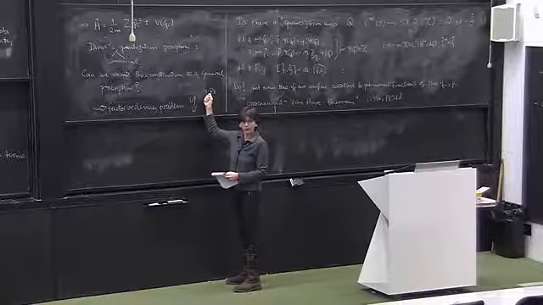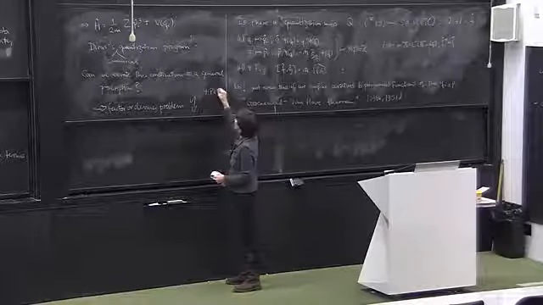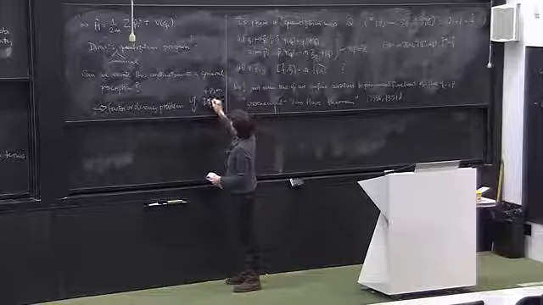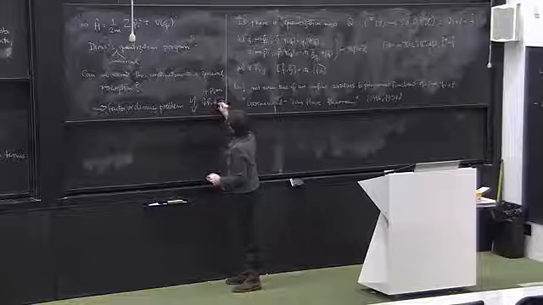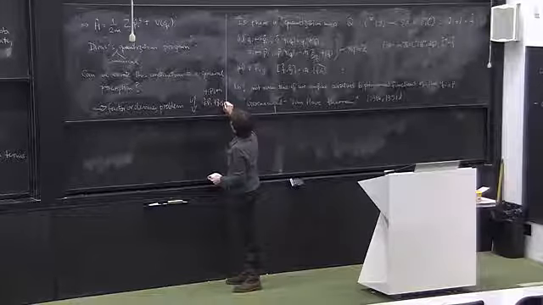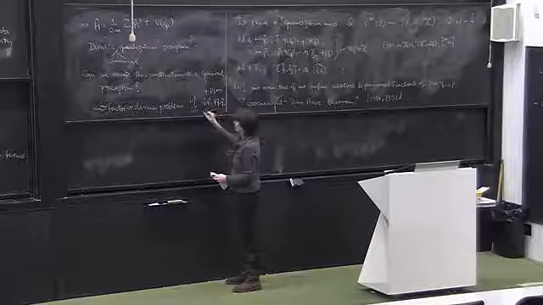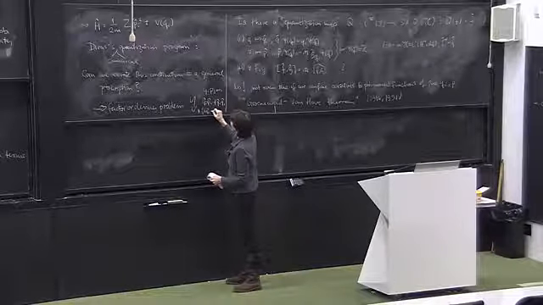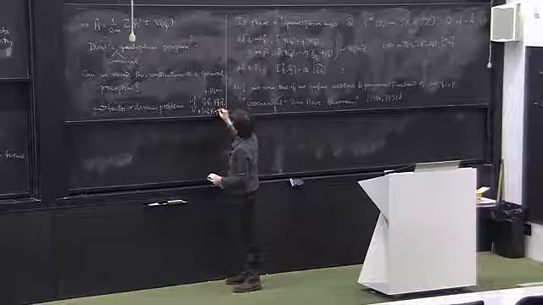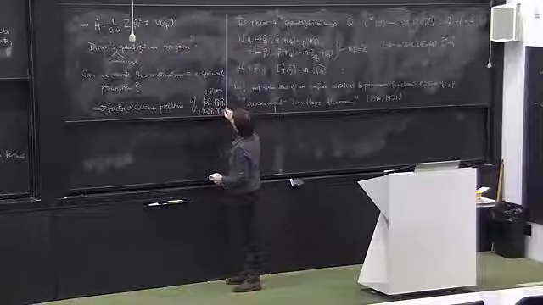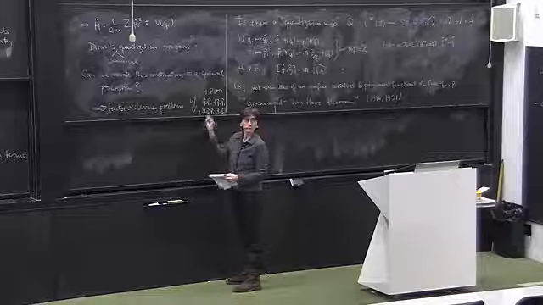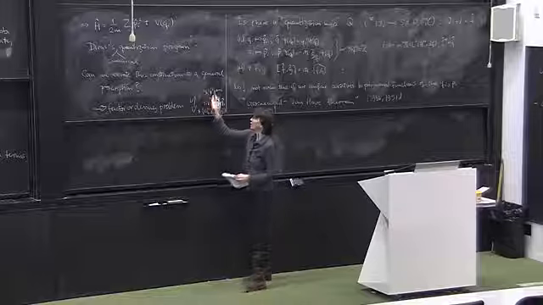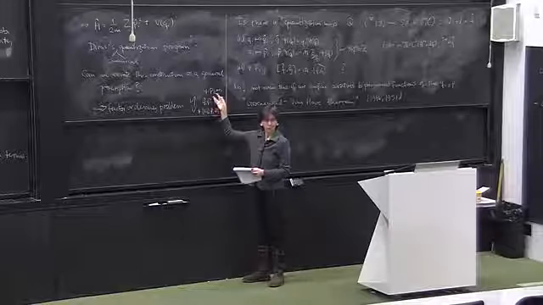In a nutshell, even if you restrict yourself to polynomials, the problem is the factor ordering problem, which refers to functions where you have mixed terms in Q's and P's, preferably which do not Poisson commute. Classically these things do commute, but quantum mechanically they will no longer commute. So there arises an ambiguity of how to quantize an expression like this. Is it Qi Pi hat? That is not the same as Pi hat Qi hat. And that's not the same as, say, 1/2 of Qi hat Pi hat plus Pi hat Qi hat. So there's an ambiguity, which will appear every time you have such products.